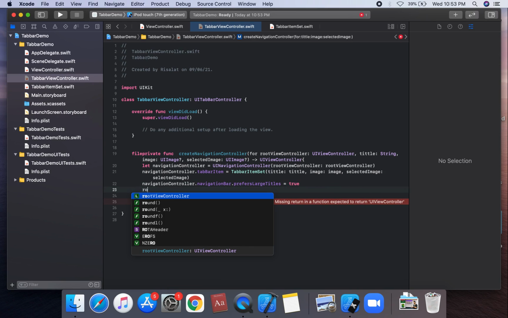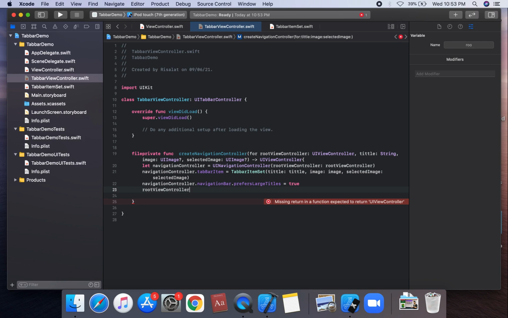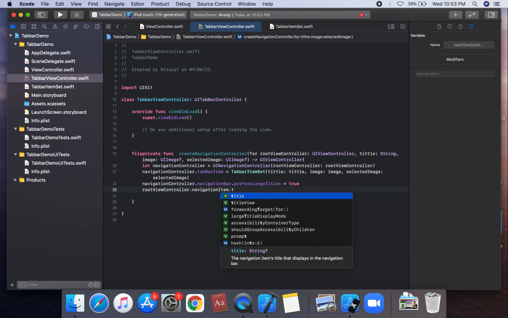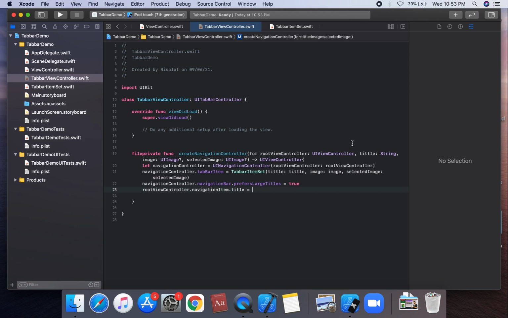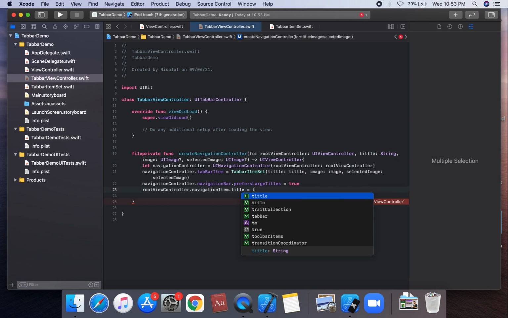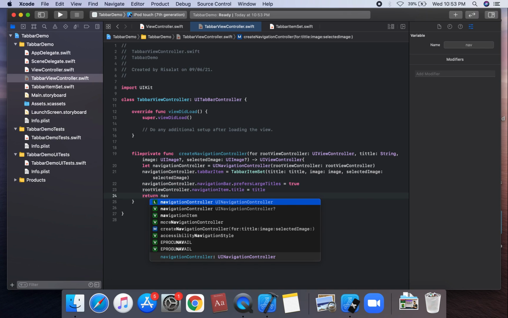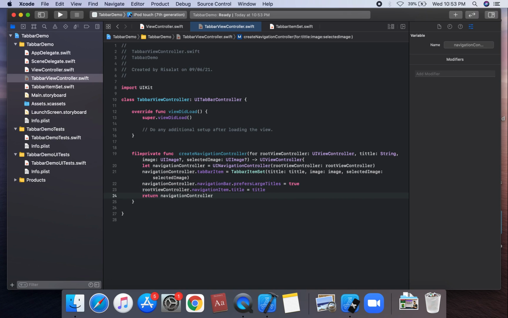And rootViewController.navigationItem.title, I'm going to apply our title. And then we're going to return this navigation controller. We're going to complete this method createNavigationController.